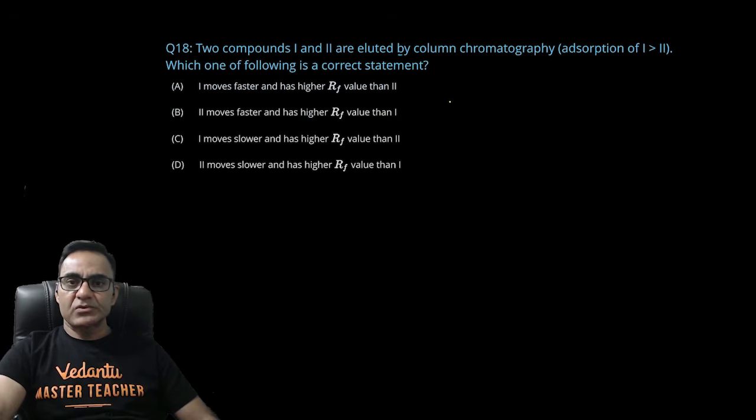Two compounds 1 and 2 are eluted by column chromatography. It is given that the option of 1 is greater than 2। इसका मतलब 1 में इंटरमोलिकुलर फोर्सेस ज्यादा है, इसका मतलब 1 जो है फ्रिक्शनल फोर्स ज्यादा फेस करेगा, यानी कि उसका मूवमेंट स्लो होगा, तो उसकी Rf वैल्यू भी कम होगी।